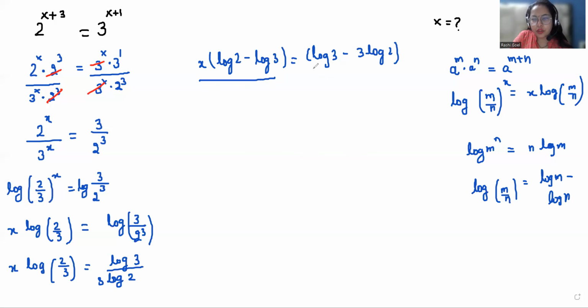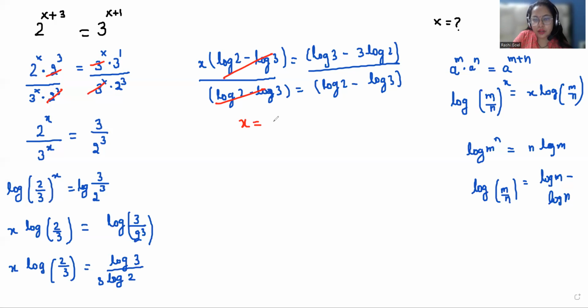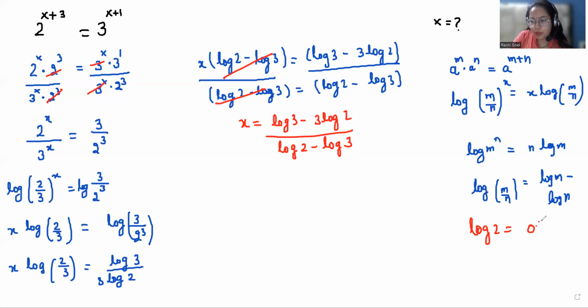So now we'll divide both sides by log 2 minus log 3. We eliminate this, so x is equals to log 3 minus 3 log 2 divided by log 2 minus log 3. Now the value of log 2 is 0.3010 and the value of log 3 is 0.4771. So we'll substitute the value